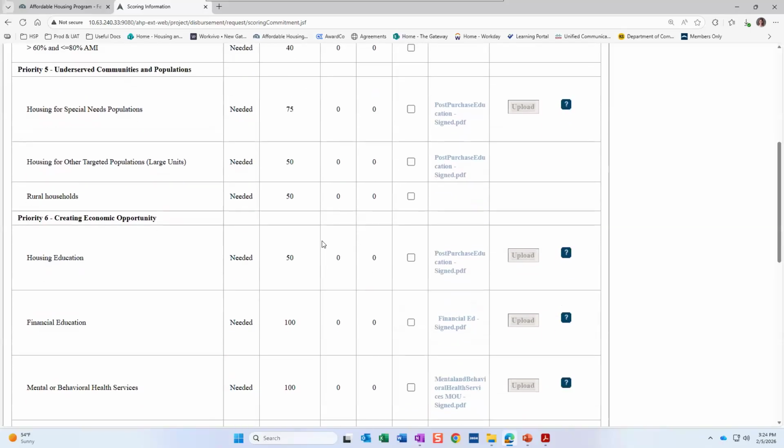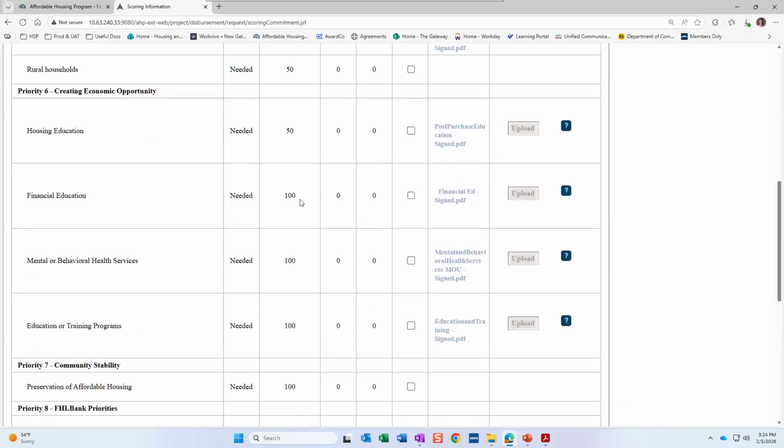Concerning the remaining, the one thing that I really want to point out is anything that has the total number of units. So this project has a total of 100 units on it. Anything that has 100 in it is a requirement for all disbursement requests that are submitted under this project. So really, we should be seeing that all of these ones with 100 are selected.